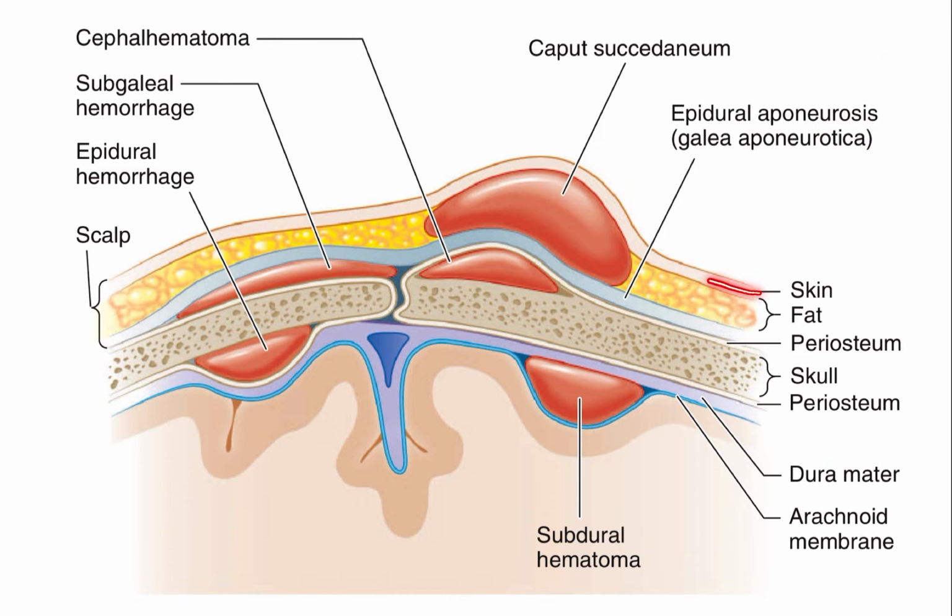So if you see here, this is your skin, and the white line that you have here is your periosteum. Where did your aponeurosis go? Let me see. This blue one is your aponeurosis. Okay. So when you have a fluid collection, this is supposed to be white in color, but for better representation it is given in red color. So between your skin and your aponeurosis, you have your caput. If you see, it is not bound by any margins, right? So it can go either way.